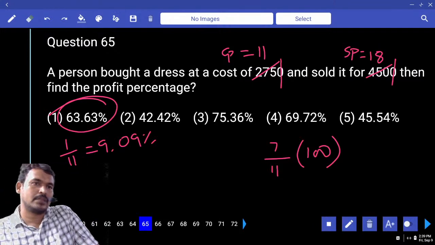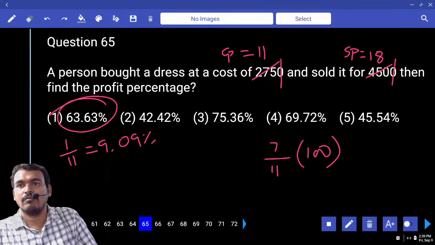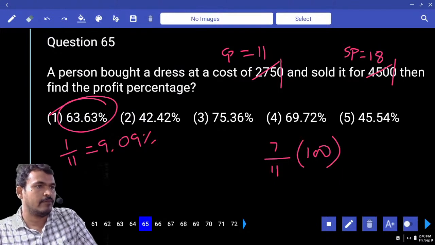You can also take the difference. 2750 and 4500. What is the difference? 1750. That is calculated on which one? 750. That case